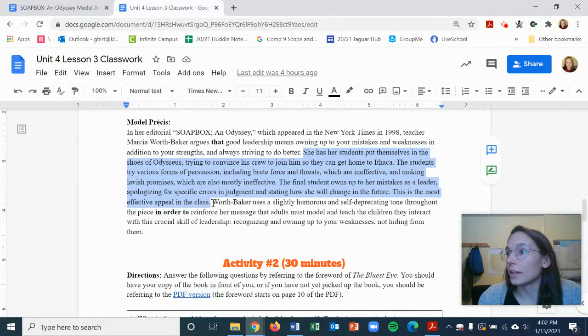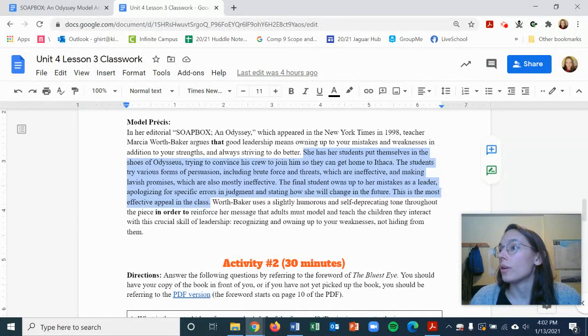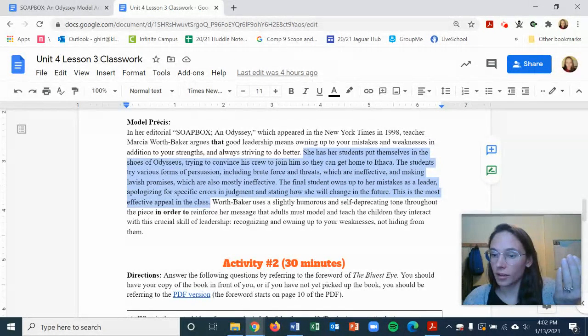And then finally, step 6, I need to sum up the purpose of the text. This is related to the argument, right? But purpose is different in that it is what the author wants the audience to go forth and think or do or feel after reading this text. So I'm reminding my reader of the central argument, and I'm connecting it to the audience and the tone that I just named.